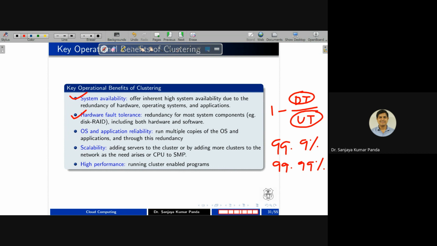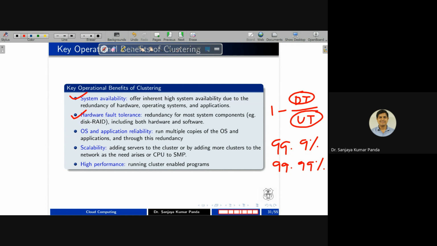Obviously, if you go for multiple components and one component is supporting another component, definitely reliability is increasing. Redundancy always increases reliability. If I use 5 systems instead of one system, then definitely my fault tolerance capacity is more, reliability is more, and at the same time you are adding so many resources to the system, so scalability is also more.